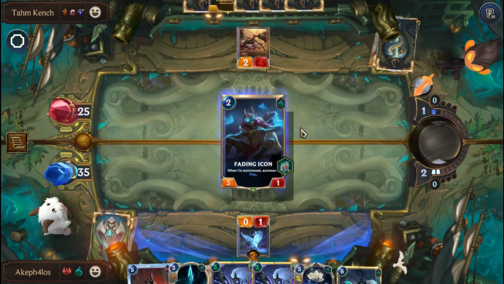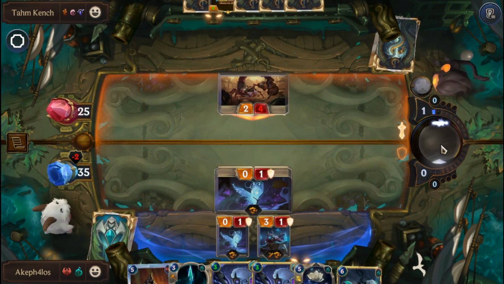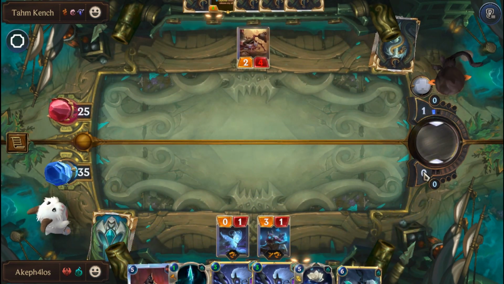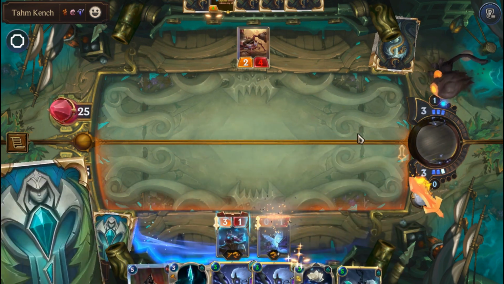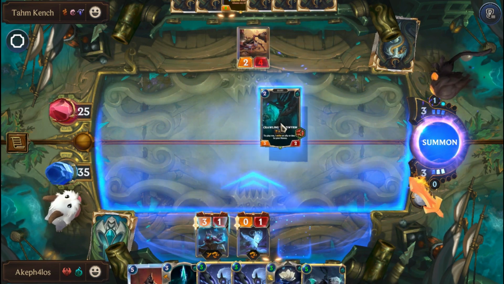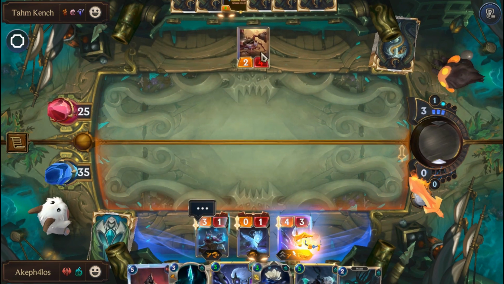We'll drop the icon first, obviously. We'll block with a 0-1. That way we have this guy survive, although we can't really hurt it. Draw a Viego, which I did not notice, which is definitely going to help. Let's actually play this, no, I'll play Kindred. Oh crap, we should have waited because...